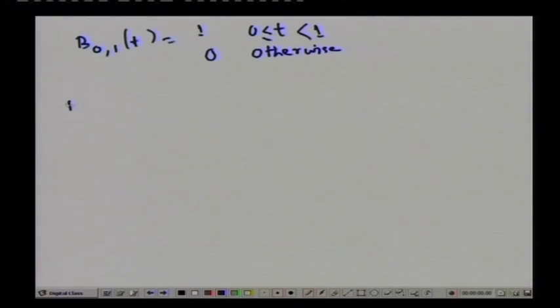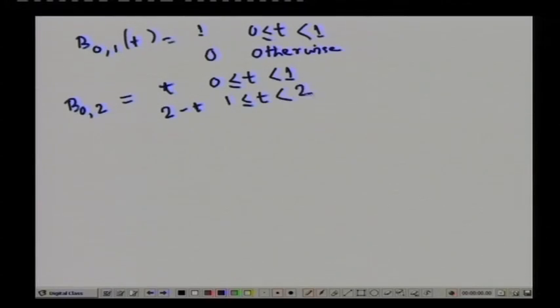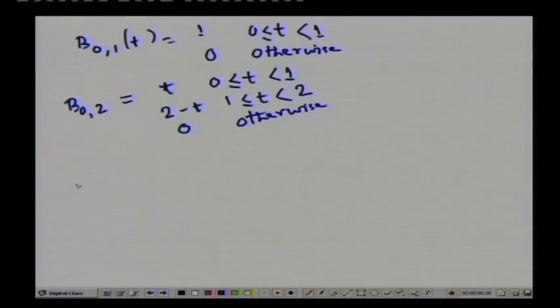Then B 0 2 is defined like this: it is equal to t for 0 less than or equal to t less than 1, and it is equal to 2 minus t for 1 less than or equal to t less than 2, and it is equal to 0 otherwise. So here again you find that for values of t between 0 and 1, B 0 2 increases linearly. For t from 1 to 2, the value of B 0 2 decreases linearly, and for values of t less than 0 and for values of t greater than 2, the value of B 0 2 is equal to 0. Similarly, for the cubic one,